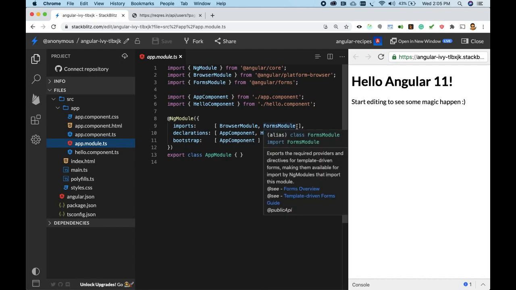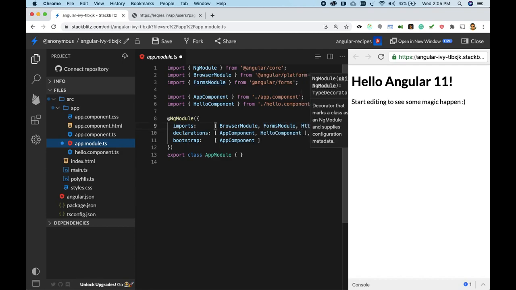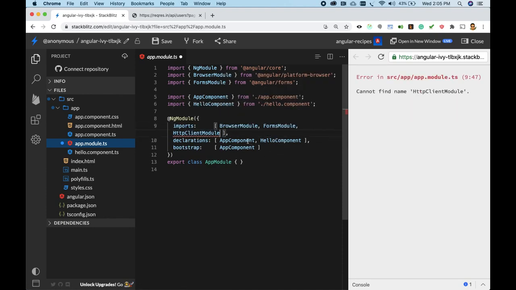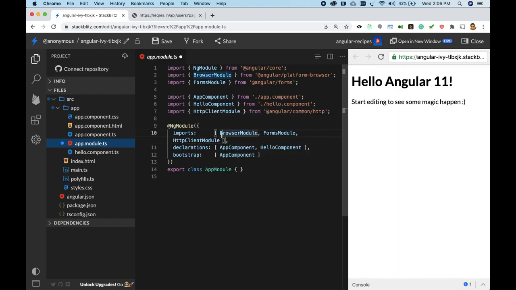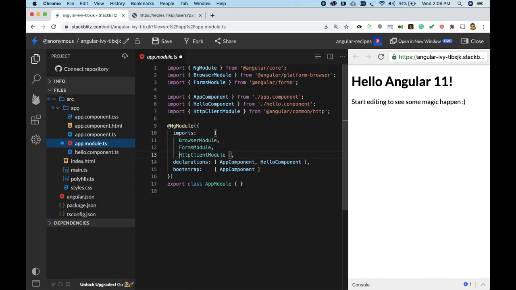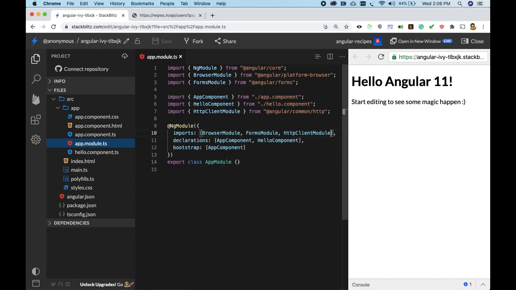So what we generally do is HTTP client module, and this needs to be imported. Since the line is getting bigger, I'll make it in separate lines. As soon as I saved, it made it in the same line. It's okay.